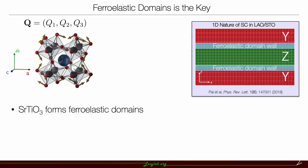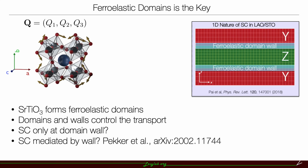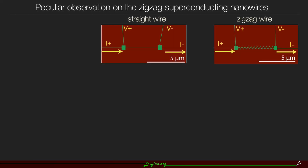So there, we propose that the superconductivity of strontium titanate may only exist at the domain walls of those structured domains. And maybe the ferroelastic domain wall is the mediator, the parent glue for the superconductivity of strontium titanate. So here we look at a similar case,